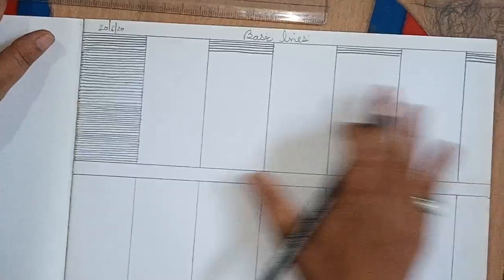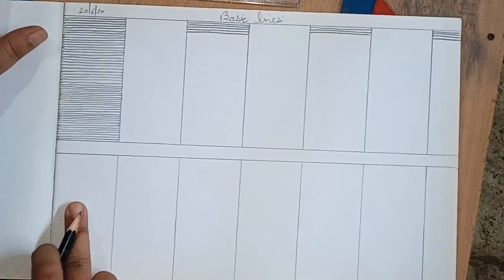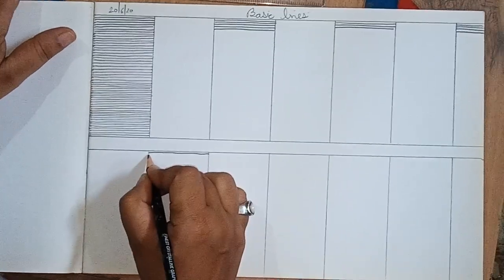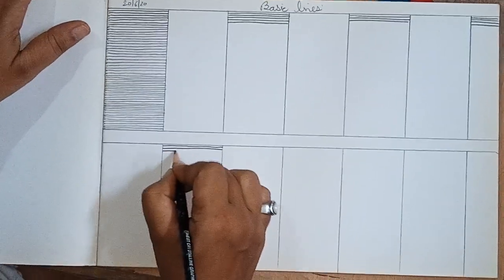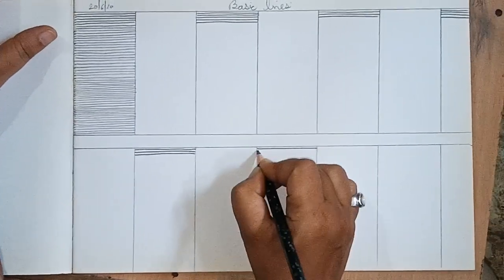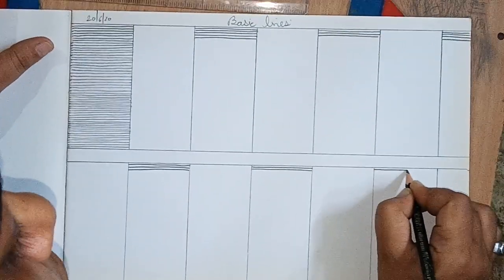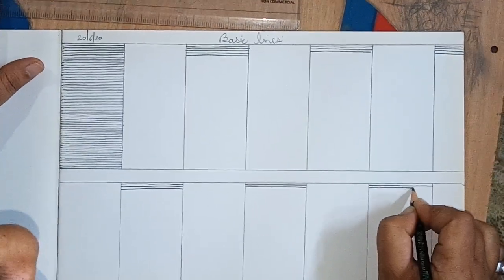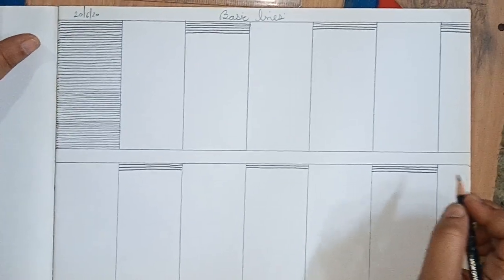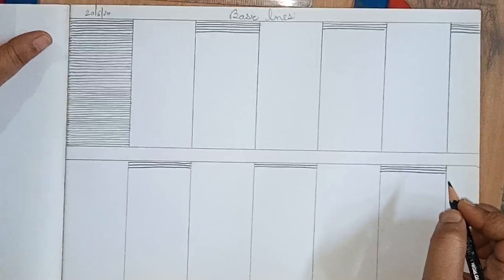Now top portion we will complete and come down. First block we have done horizontal, so here we will leave and we will start with second block. Here horizontal lines. Getting? Again the same thing, leave one block, go to next block, same horizontal lines, leave one block, next horizontal line. This way we have to complete all the horizontal lines. These basic lines are really very important. Okay, so do nicely. Start.